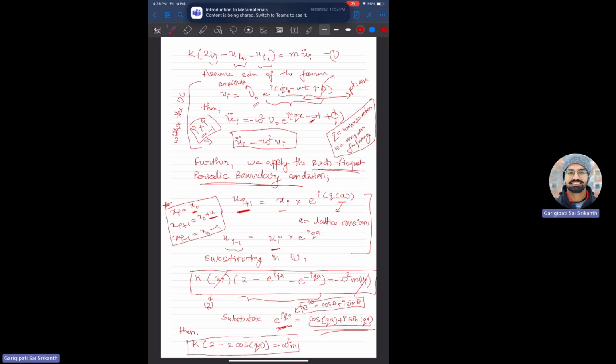By substituting the coordinate x with x plus a or x minus a, we get e to the power i q a outside or e to the power minus i q a outside. That's how we can relate adjacent unit cells with the main,